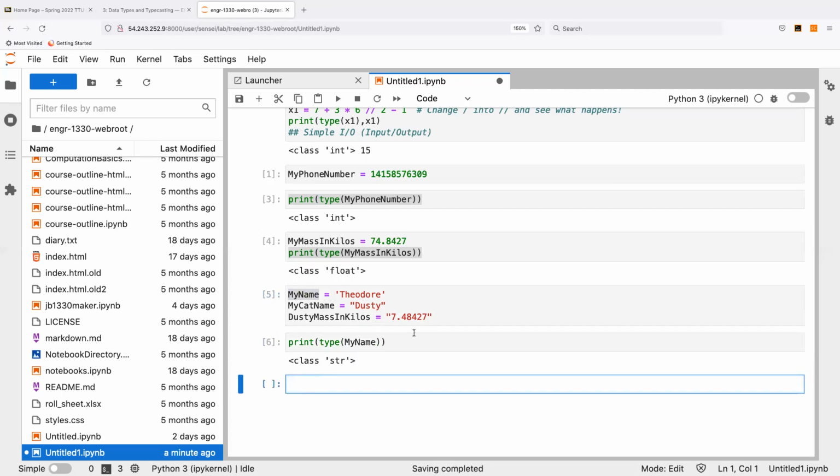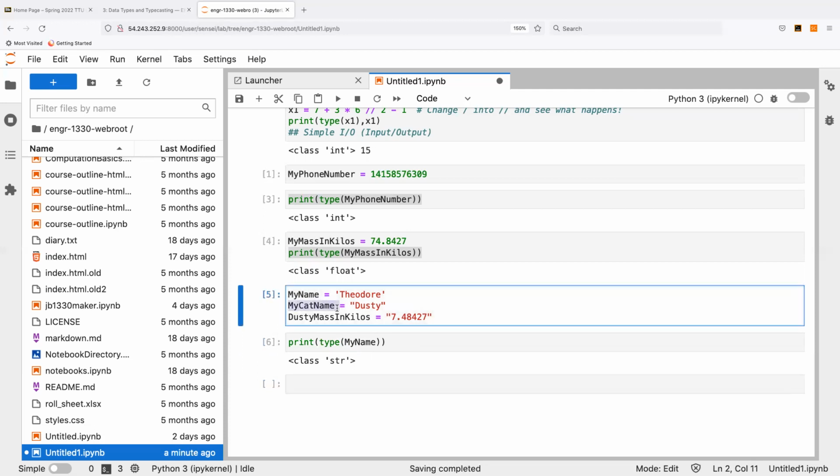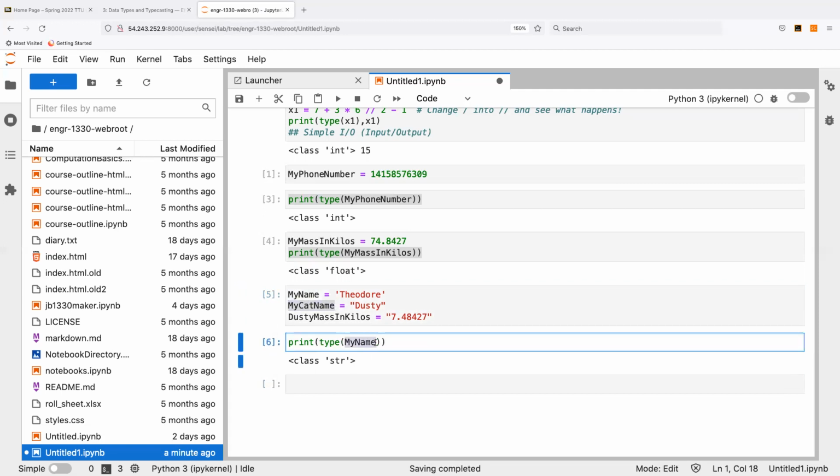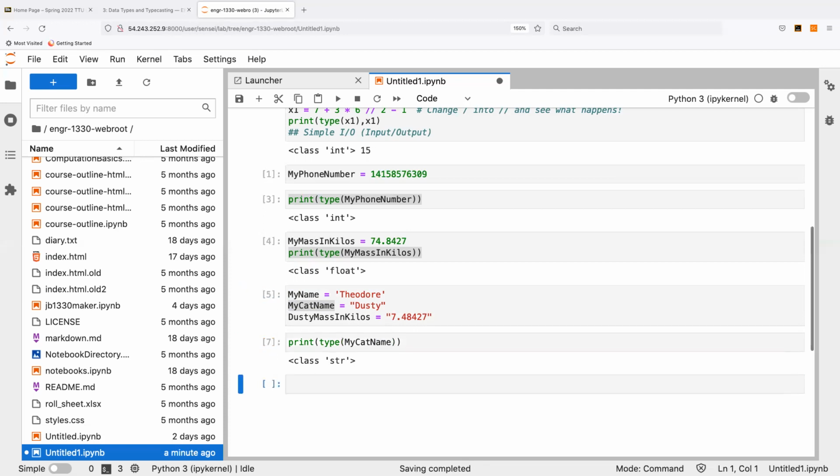Yep, it's an str, which is string, and then we'll do my cat's name, which you'll notice is in double quotes. So there's not a lot of functional difference between single and double quotes. It tends to make it easier to read scripts sometimes. And if you're in older versions of Python, 2.7 and earlier, there is a slight functional difference, but you can't